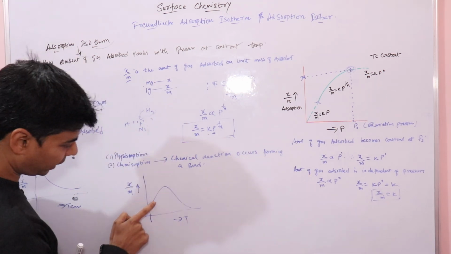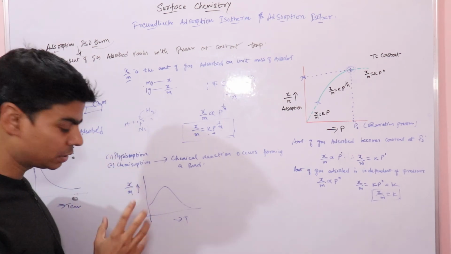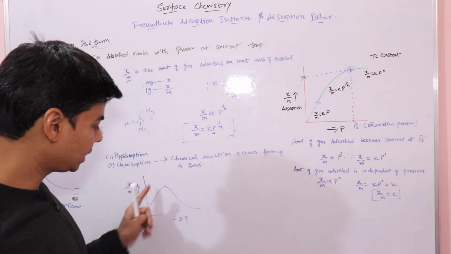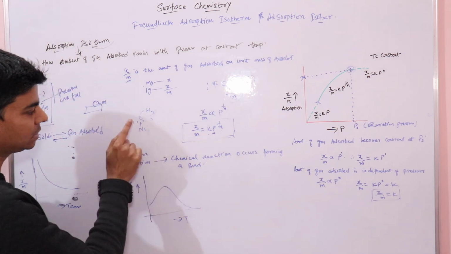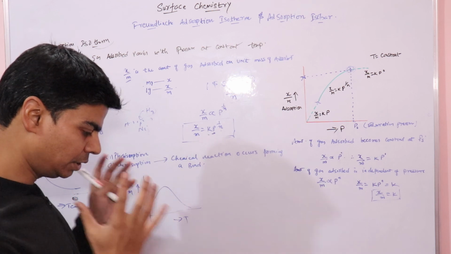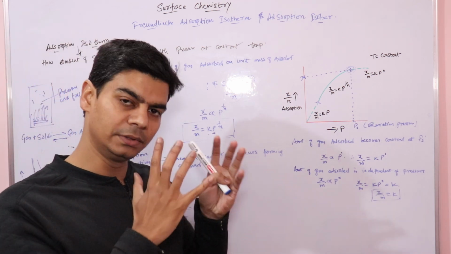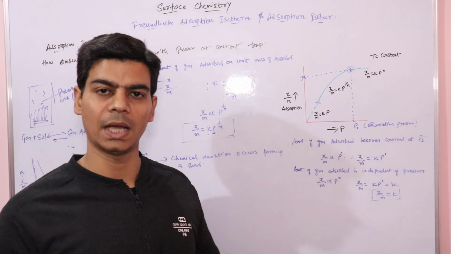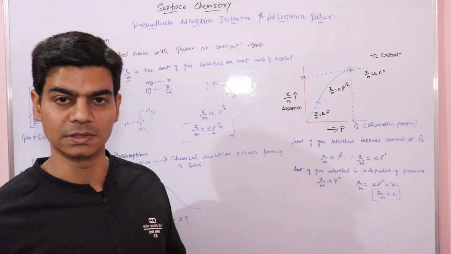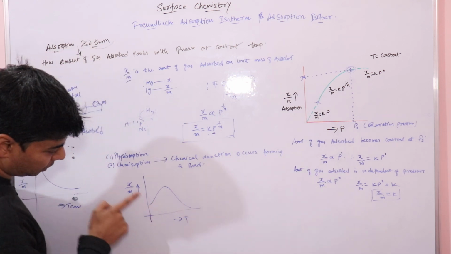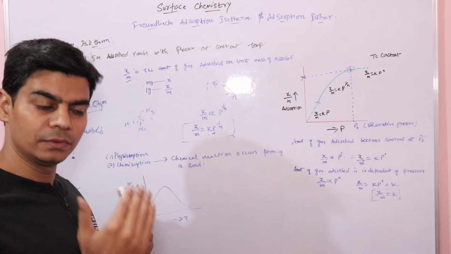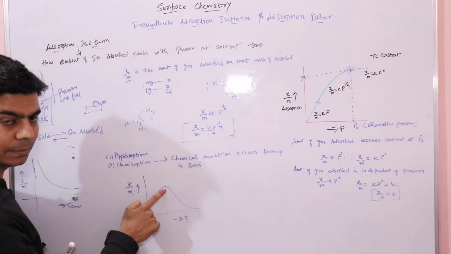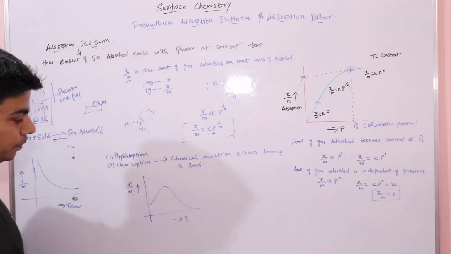The temperature given initially will act as activation energy for the reactants nickel and hydrogen. Due to this, the rate of reaction between nickel and hydrogen will increase, thereby increasing the rate of chemisorption. So this is why the graph will rise in the beginning and then will fall down.